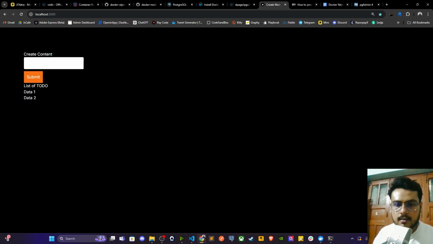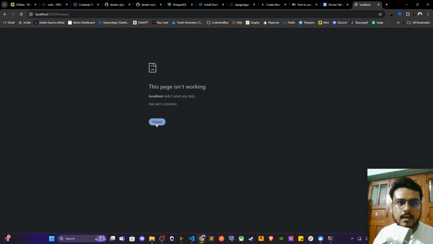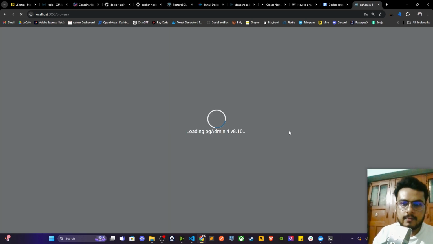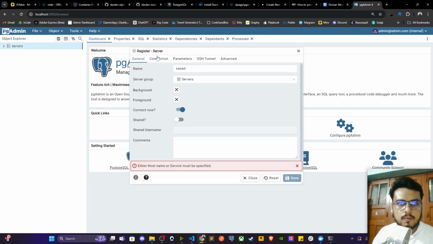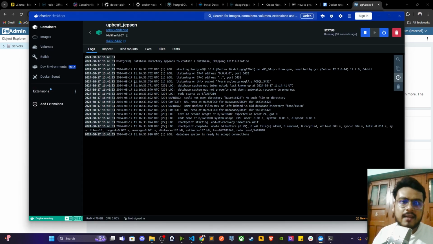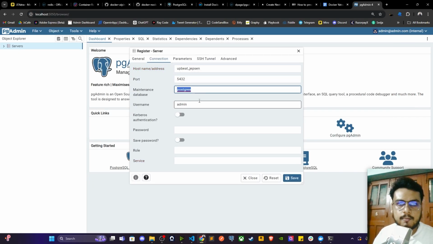Okay, these containers are up and running, so we will refresh. Okay, it is starting, so it will take some time. We will wait for it. Okay, I think it is running now. Admin, and we have to connect the server. So what is the name this time? By the way, we could have used container name, so that might have helped us. But anyways, user,